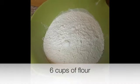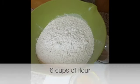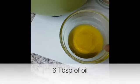We'll need 6 cups of flour. Feel free to halve everything. I'm making a big batch. Anyways, here I have 3 teaspoons of instant yeast, 3 tablespoons of melted butter, 6 tablespoons of oil,